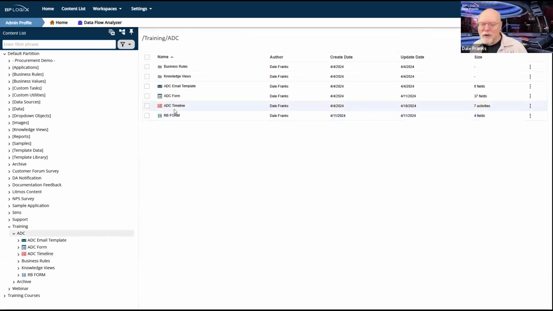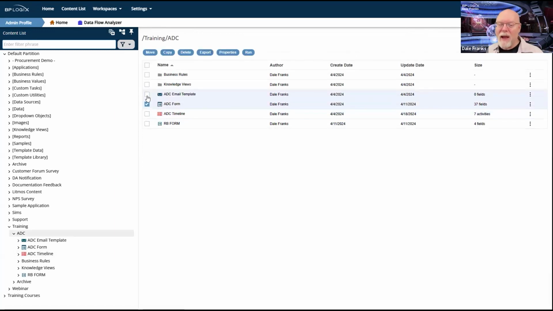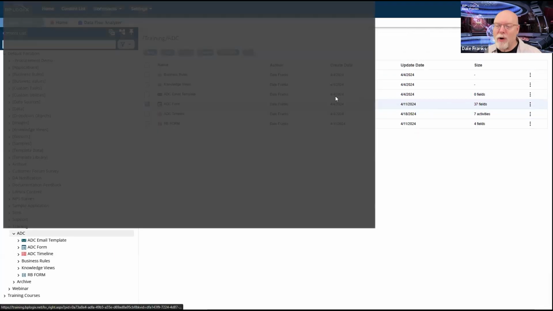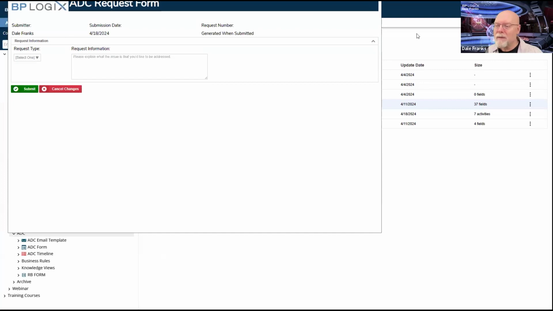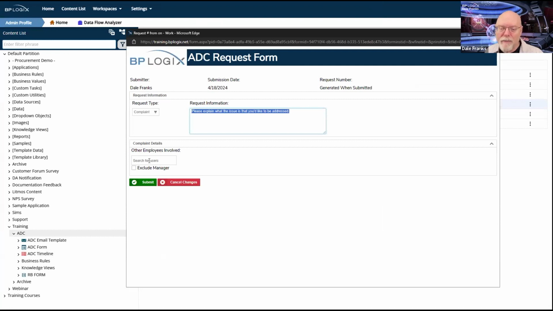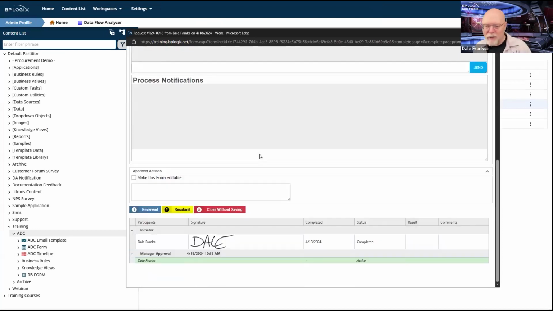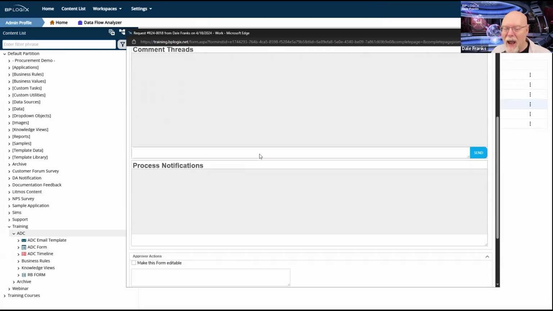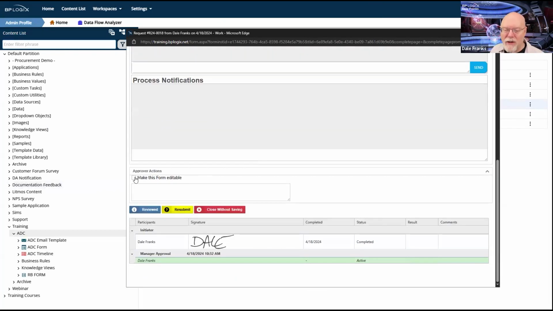Let's return something for resubmittal and do that test and be sure that our milestone actually runs. Complaint, we don't have to worry about exclude manager. Okay, I have no process notifications. If I make this form editable, yes, I do get that process notification.